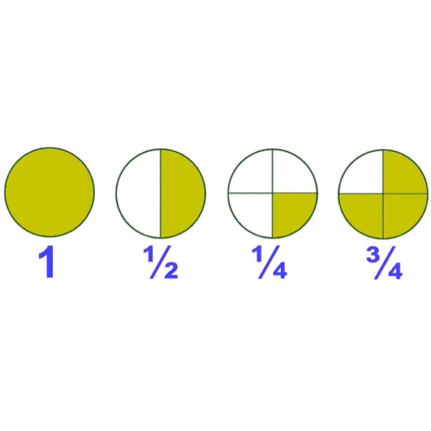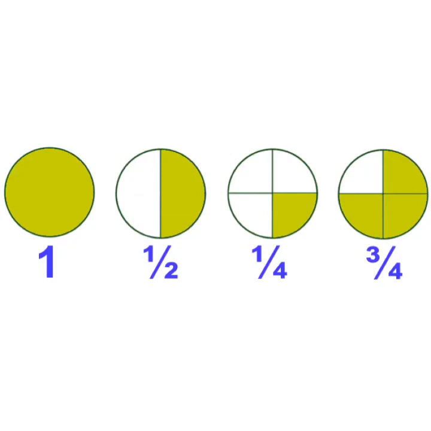You can see in this picture, you have a whole part, then you have divided that same whole part into 2, then into 4. Children, you can see here that when the whole is divided, we have 1 by 2, 1 by 4 and 3 by 4. So here children, what is 1 by 2, 1 by 4, 3 by 4? Yes, these are fractions. But what are these numbers in 1 by 2, 1 and 2, in 1 by 4, 1 and 4, and in 3 by 4, 3 and 4 called?